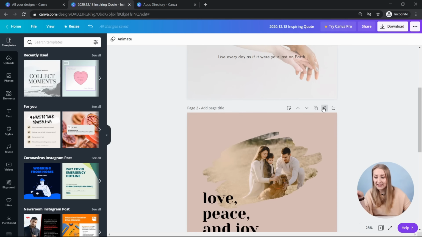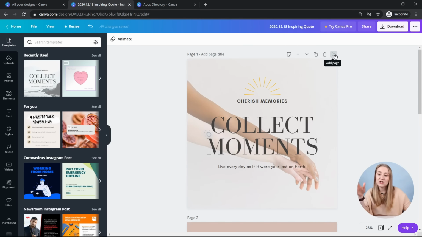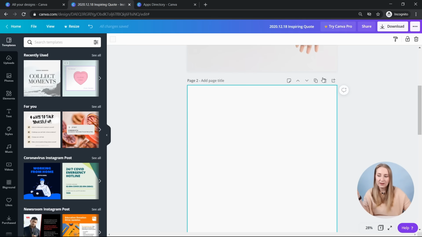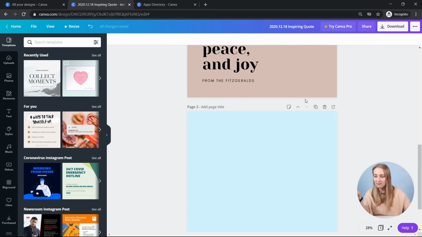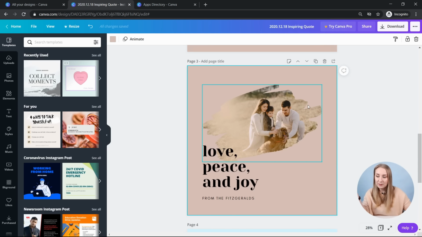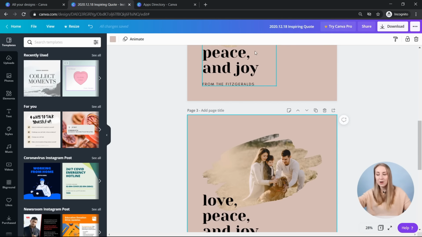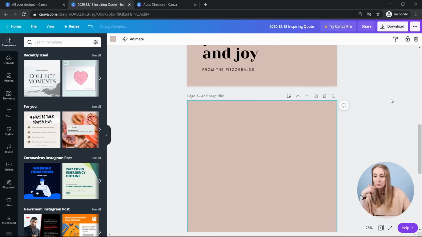Then you can delete a page in here, and at the very end you can just add a blank page in here as well. And whenever you use these duplicate or add page, they get added as the next page to the one that you were viewing at the moment. So let's say I'm on 2. If I duplicate it, it doesn't duplicate it at the very end. It doesn't duplicate it at the very bottom. It just duplicates it as the next page. And the same goes for new page as well.